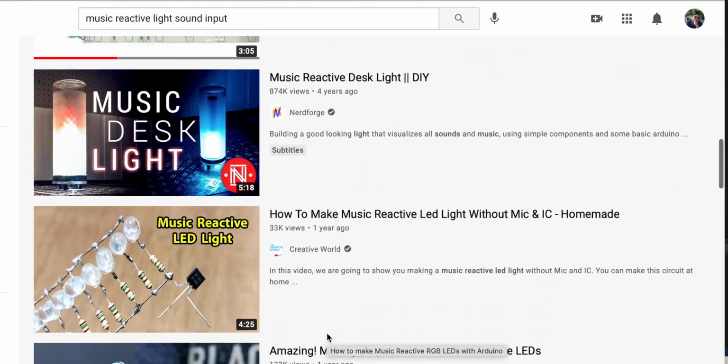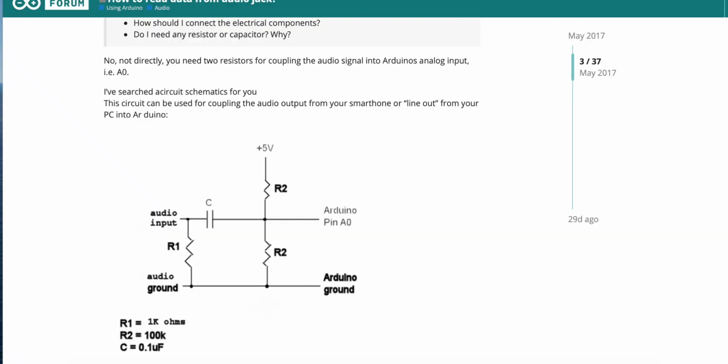But there were many videos on the internet, and many articles around this, to take the input using a microphone, but I don't want to use a microphone for the obvious reason that it captures so much noise. I went on the Arduino forums regarding this and I found a circuit. I built the circuit, but it didn't help. When I built that circuit, there was a reverse current flowing into the device that I connected to the aux cable, and it also damaged the speakers of the headphones that I was wearing, and luckily my ears were safe.